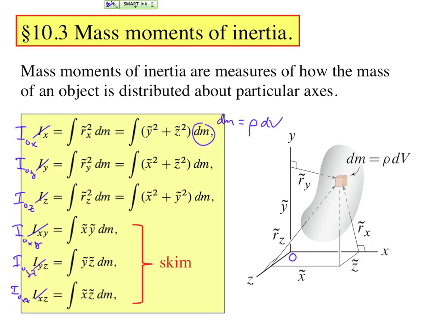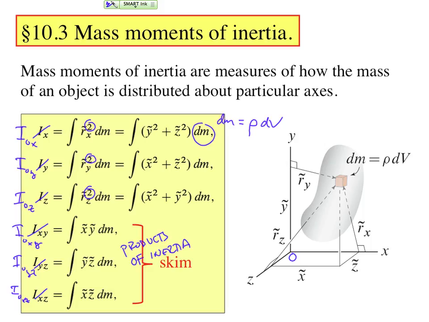Note that, like our area moments, there is a distance squared in the integrands of the mass moments, and the distance is the perpendicular distance from the mass increment dm to the axis in question. Mass moments of inertia must always be positive. We also have mass products of inertia, and like area products, these are not guaranteed to be positive. As with area moments, we will just focus on mass moments and leave the evaluation of mass products of inertia